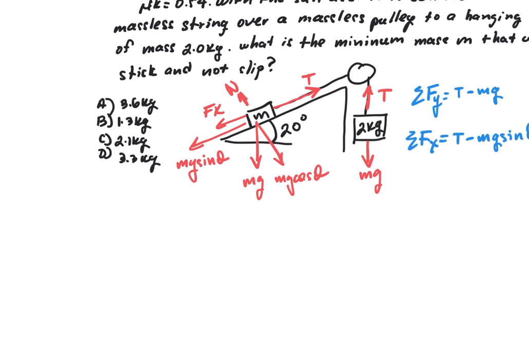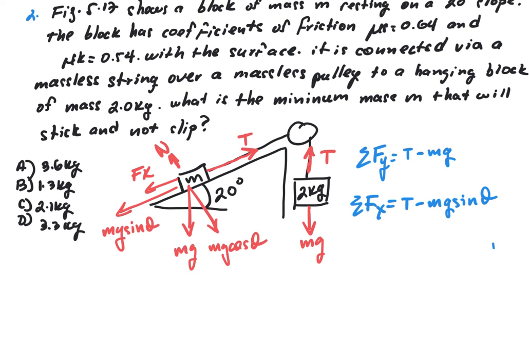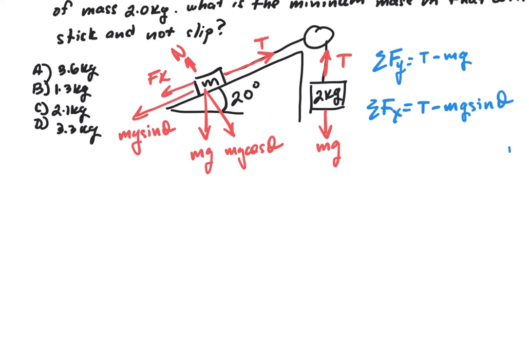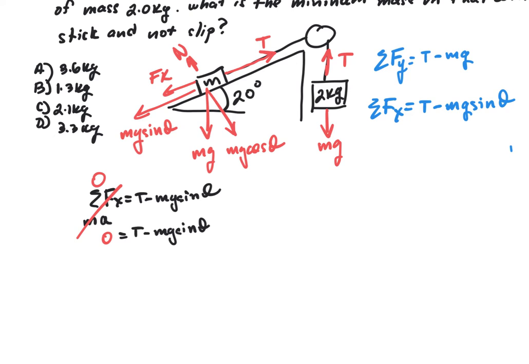Okay. So they're asking us to find the minimum mass, the mass of M. So let's write it again. F x equals T minus mg sine theta. They're asking us to find the mass that would not slip. So we know that our summation of force, which is mass times acceleration, is going to be 0. So it's going to be 0 equals T minus mg sine theta